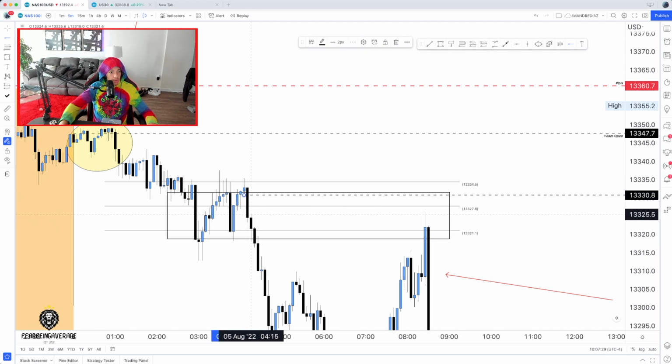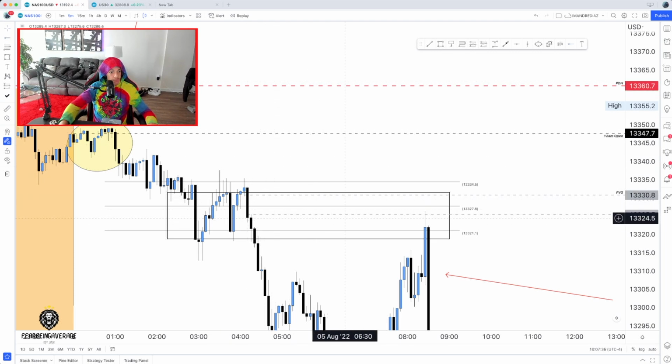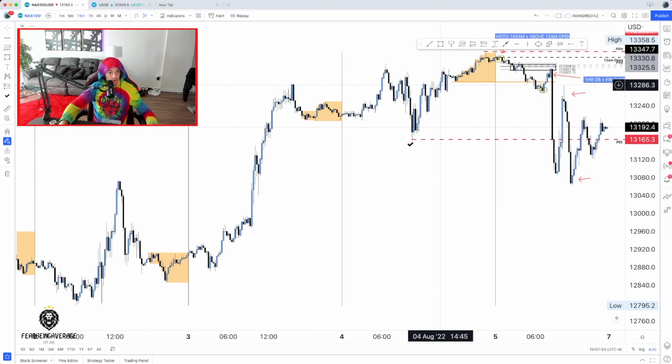What did price trade into? Price came up and traded into this lower time frame fair value gap that we have. Tapped right into it right here, was in this order block, was within the fib. So this area right here was just our big short. So from this high of the fib, which is 13.334, from 13.321, that is the ideal area where we were looking to have a sell-off.